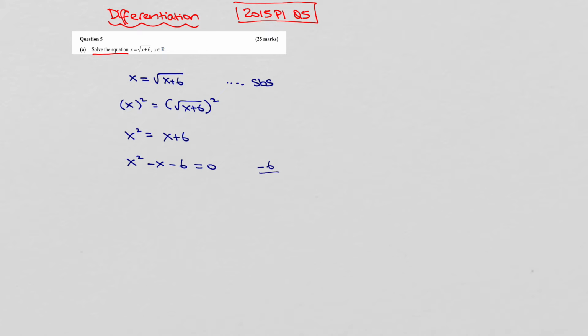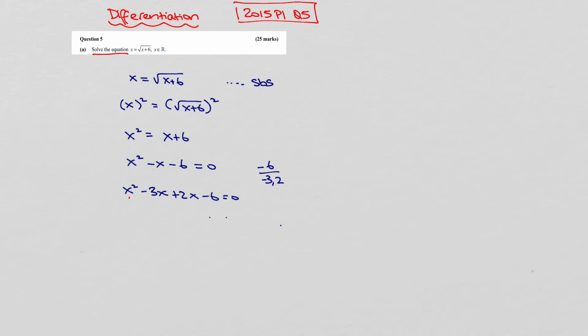So again, what's multiplying to give us minus 6 and adding to give us minus 1? Well, it must be minus 3 and 2. And of course, you can use your minus b formula if you want to solve your quadratic equations. But of course, I always prefer to do it this way. So we have,